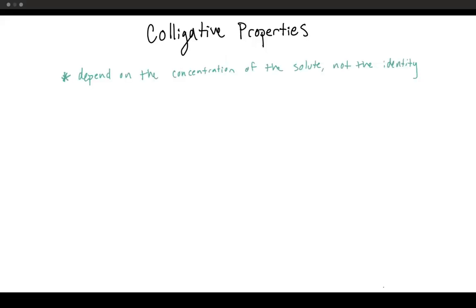So first and foremost, what is a colligative property? A colligative property is a property that depends on the concentration of the solute, but it doesn't depend on the identity. So that's a little confusing. Let's go into an example here that we can see. So we have sodium chloride, and then we have glucose,